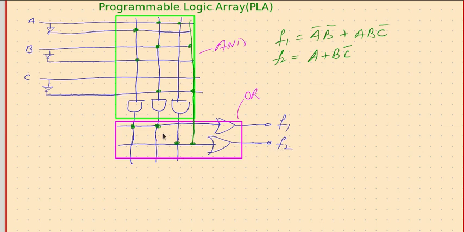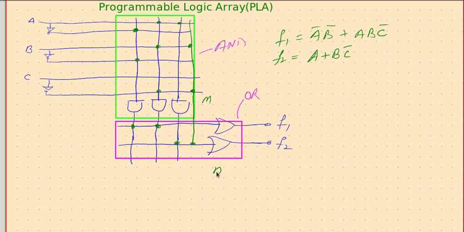So there will be a structure for AND connectivity and there will be a structure for OR connectivity. Depending on the number of inputs, a number of product terms can be made available, and these product terms wherever required can be ORed. So there will be some m number of AND gates and n number of OR gates.